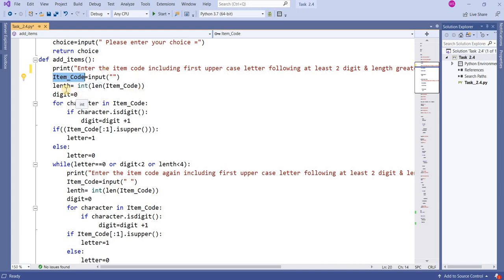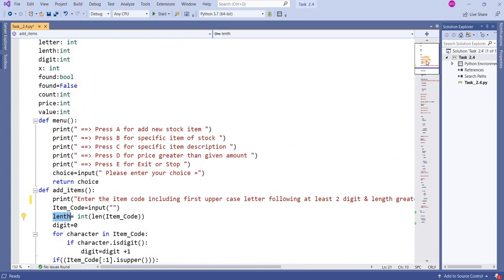After this I am checking the length. The function is len, length of; you can enter the string here and it will return to the variable length. Length is my variable. If you move up, length is written. Length, letter and digit are integer data types, x is an integer.